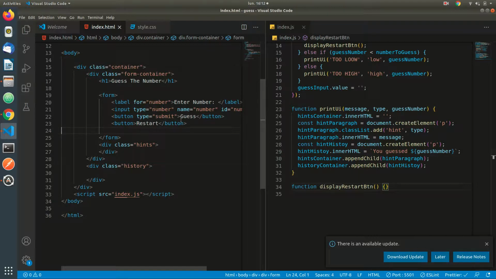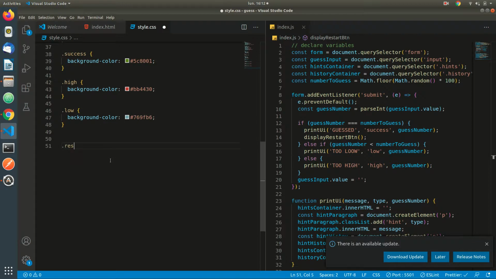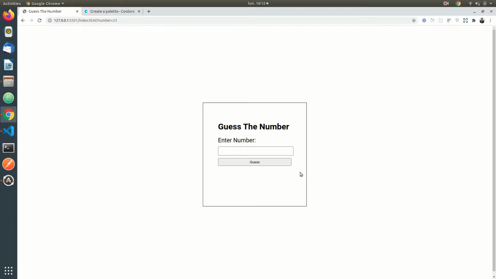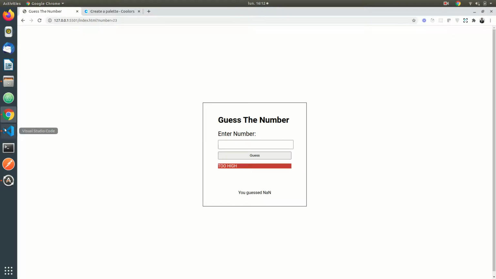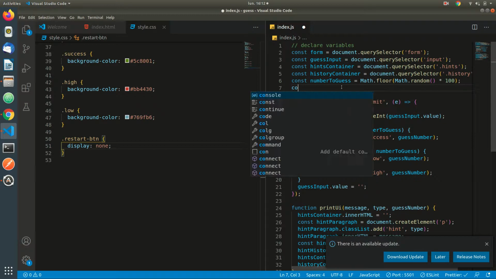So restart button, and give it a class of restart btn. And say here restart btn, by default display is going to be none. So you won't see it actually. The display is none. But let's say here const